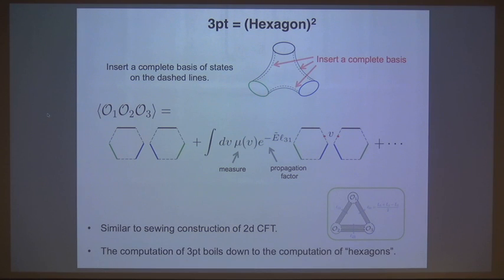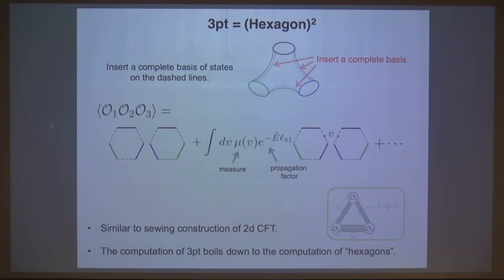And this procedure gives you an infinite series expression of the 3-point function, whose leading term is given by the vacuum contribution. And the next leading term is given by the first excited state, which contains 1 particle on this dashed edge. And in the integrability literature, this particle is often called a magnon because it is an excitation on the spin chain. And importantly, this magnon comes with some propagation factor, and the propagation factor knows about the lengths which characterize this pair of bands.